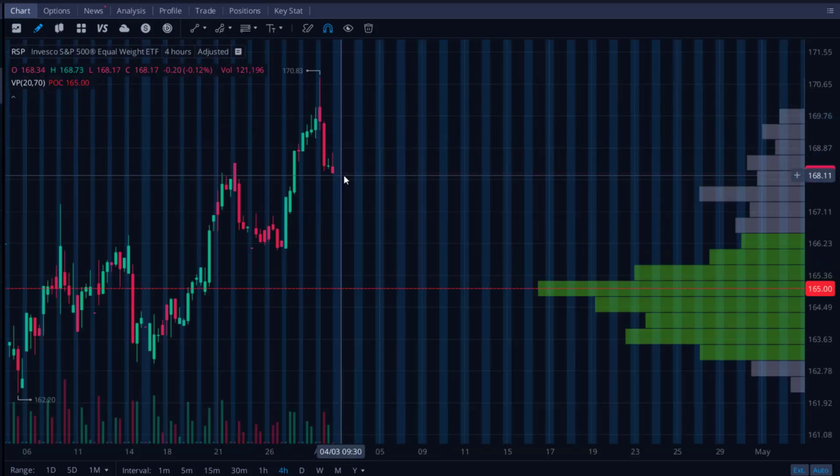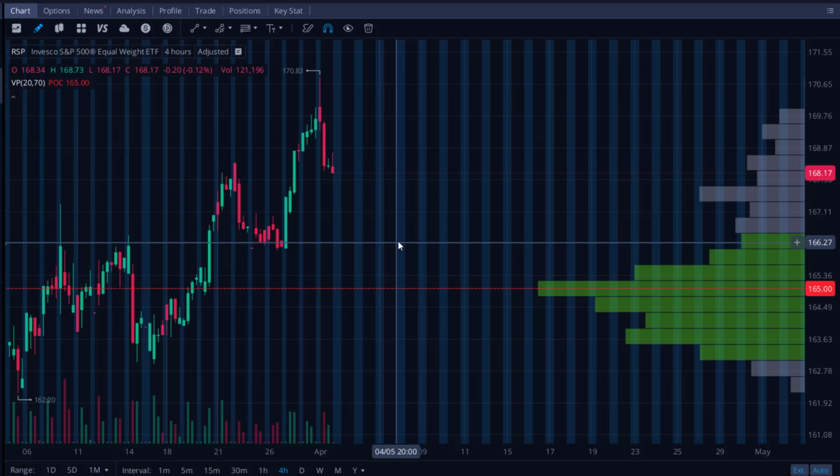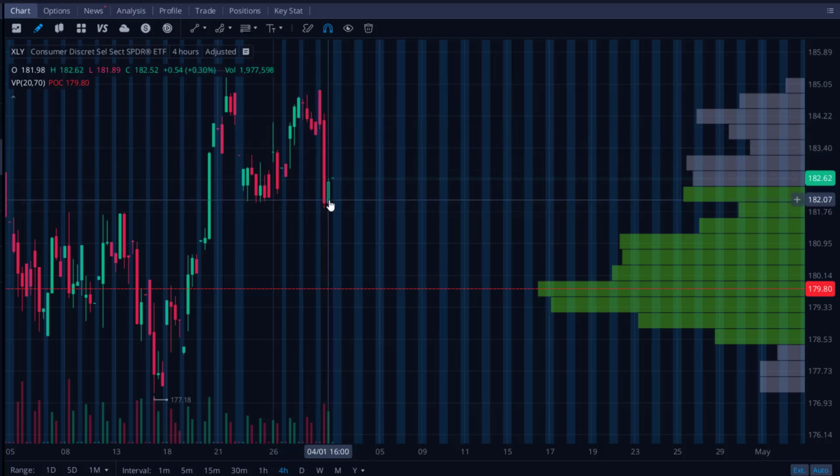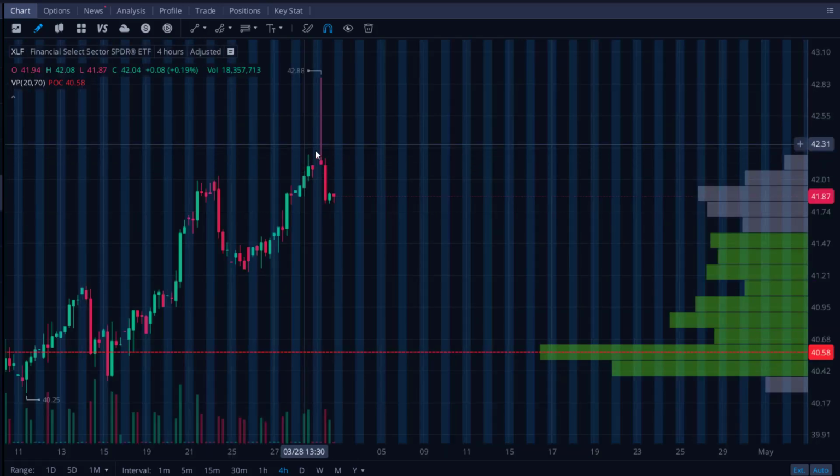Now, RSP is pretty much the same thing as the S&P 500, except it's not weighted heavily. It's not skewed heavily to those large tech giants such as Microsoft, Apple, Nvidia. It's equally weighted. And even that was down today. This is what you would refer to as market breadth, which is looking at the broader markets. And we see that it was a red day today. Even when we take a look at XLY, which is consumer discretionary, again, we see this big red day. And if we take a look into the finance sector, which is XLF, we see pretty much a red day as well.